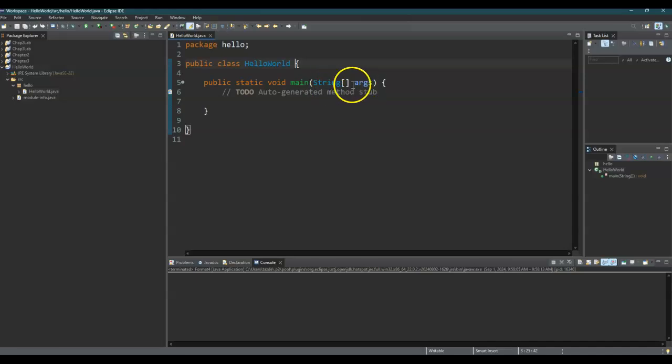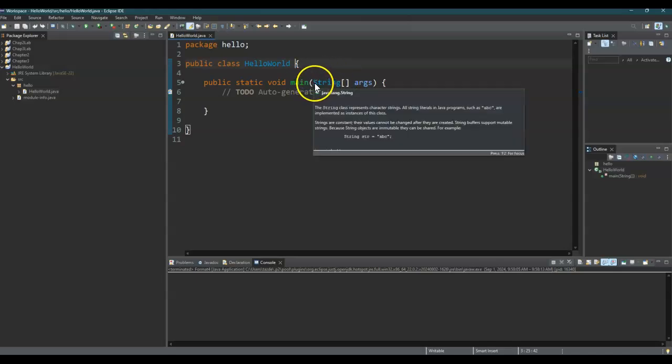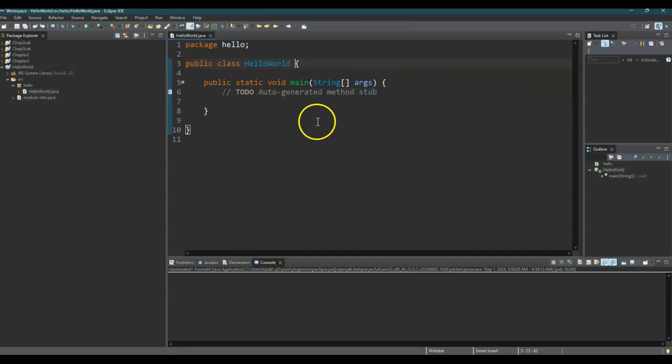Don't worry about these string args. We can actually run this from a command prompt, and I can put in parameters in that command prompt, and they will be brought into here. For the most part, for this class, we're not going to be using these string args at all. Okay, so now I need to put in a